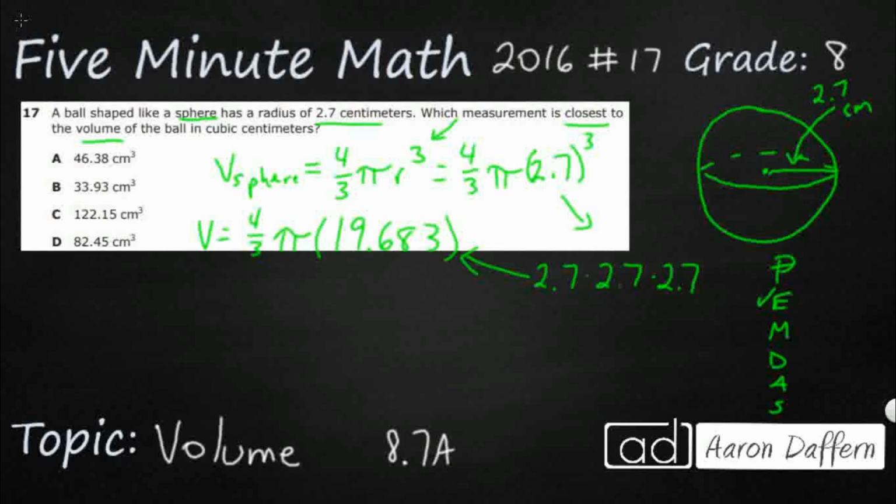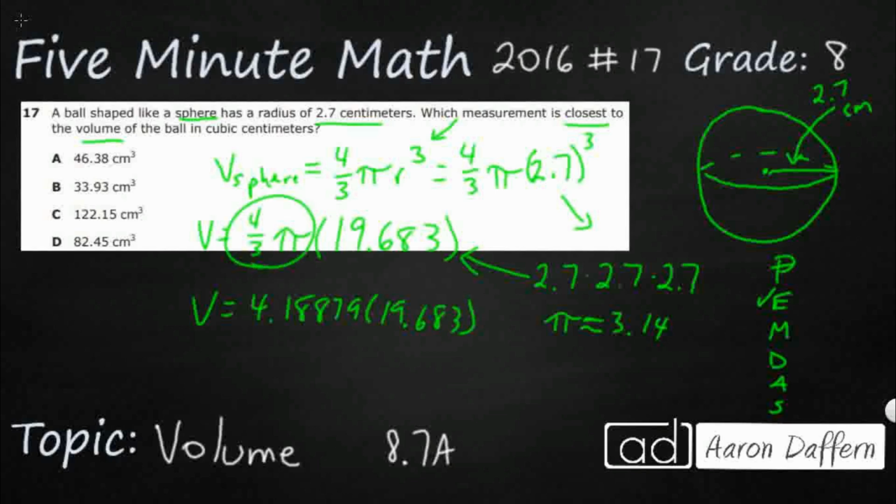And so we've got pi. Most calculators actually have pi as a symbol. We could use that. If not, we can say that pi is approximately 3.14. But if you've got the symbol, go ahead and use it. So I'm going to multiply 4/3 times pi. And if we do that, what we're going to get here is about 4.18879, times that